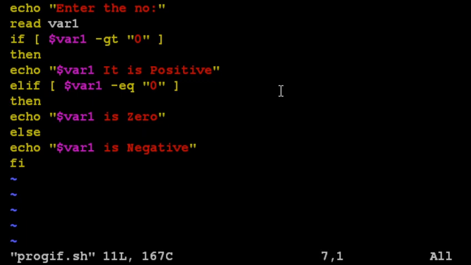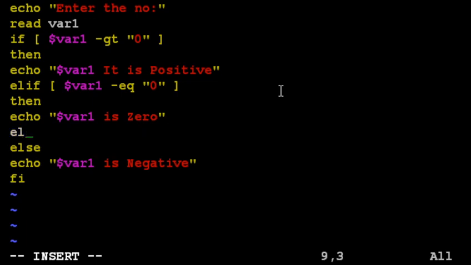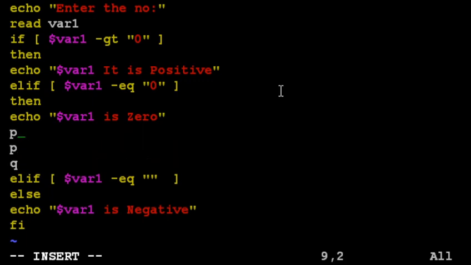Suppose here I want to insert one more elif, then I can go to insert mode, enter here, suppose elif. Here you have to check the condition for specific number. For example, $var1 -eq, suppose 100.